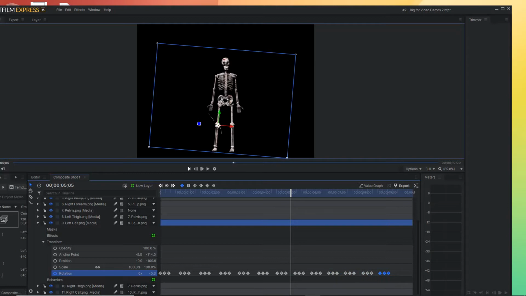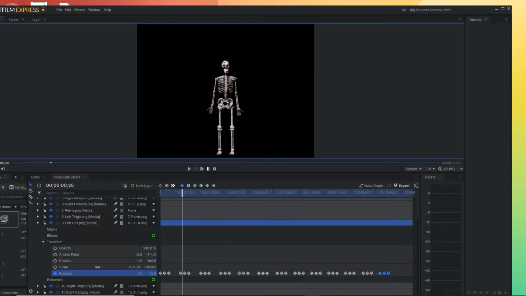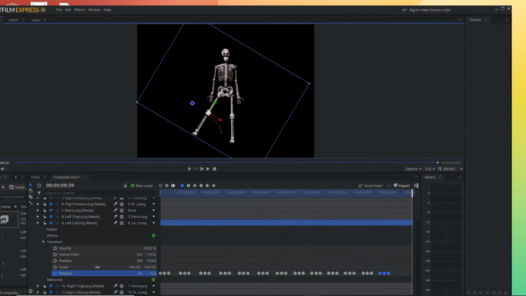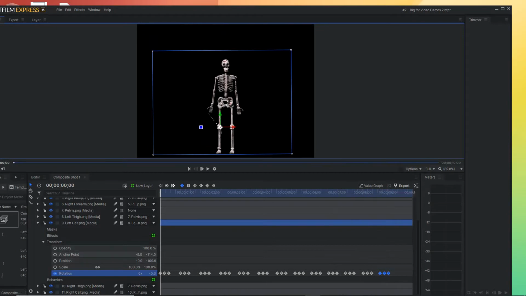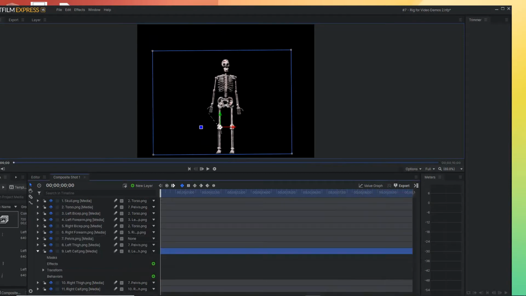About there. Let's see what we got so far. Okay, looks pretty good. So now the next step would be to go to the other thigh, which would be